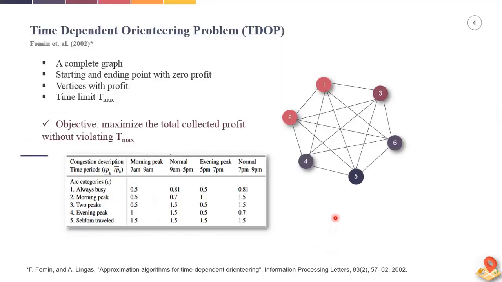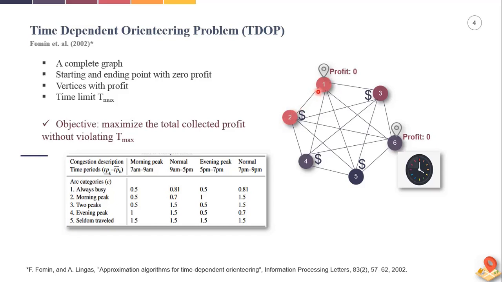In time-dependent OP, we have a complete graph. In this graph, the start and end vertices have zero profits, and other vertices have different profits. We also have a time limit for travel. In this problem, the travel time between two vertices is not constant at different times and changes based on network